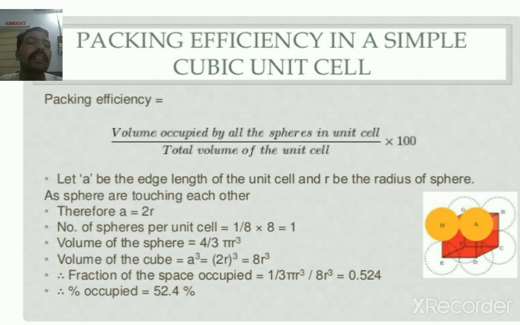The number of spheres per unit cell in simple cubic is 1 by 8 into 8, which is equal to 1. The volume of one sphere is 4 by 3 pi r cube, and the volume of the cube is a cube, and a is equal to 2r, so a cube is 8r cube. Therefore, packing efficiency is the volume occupied by all the spheres in the unit cell, with 1 atom per unit cell, that is 4 by 3 pi r cube, divided by the total volume of the unit cell, a cube, which is 8r cube, into 100. On calculating,